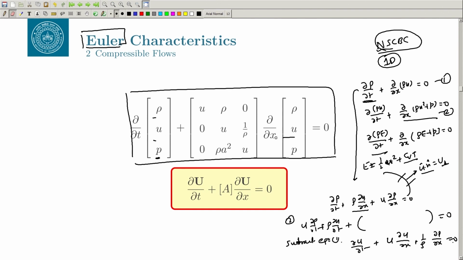Okay. So, I hope you know how to read this matrix. We have discussed the matrix form earlier. Okay. So, we have an equation which is dρ/dt, du/dt and dp/dt, and this particular thing we call matrix A, and we are interested in the eigenvalues of this matrix A, okay, that will give us the characteristics, and these are your velocity. This I have given as the capital U, bold U. So, you can write this entire equation in this form,